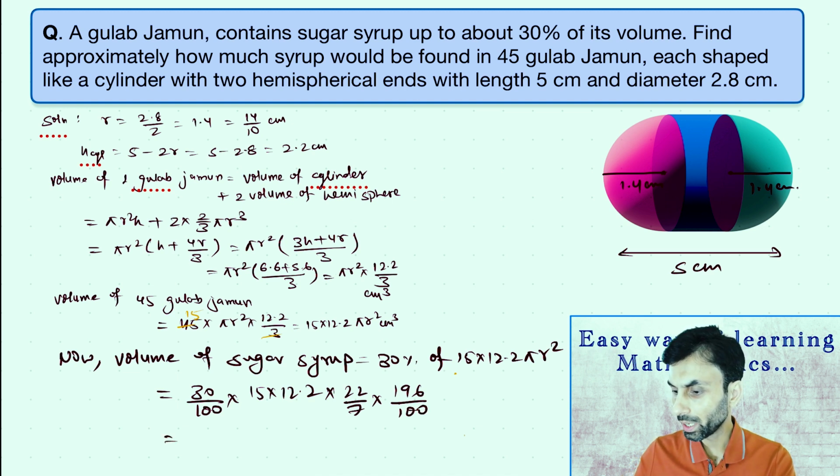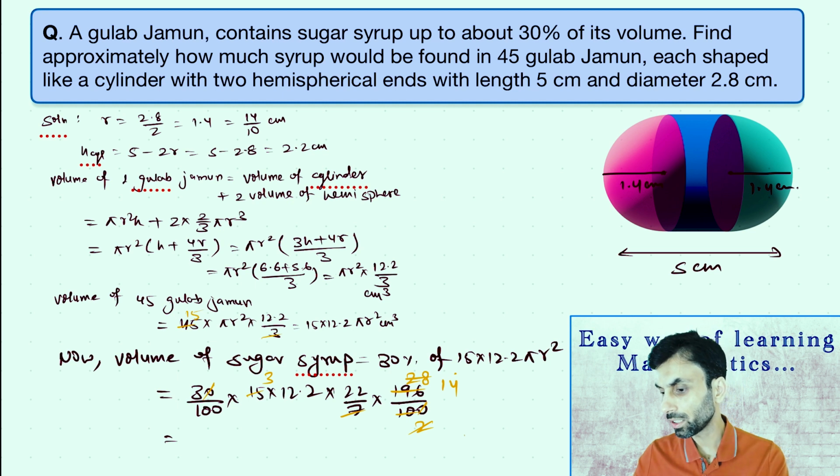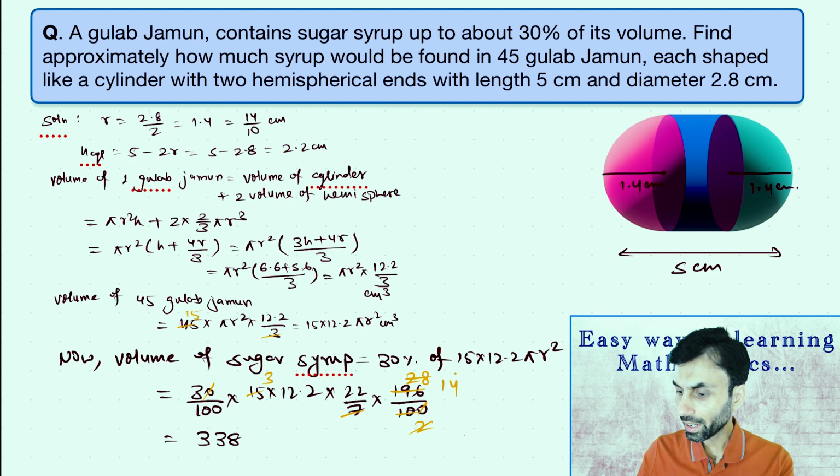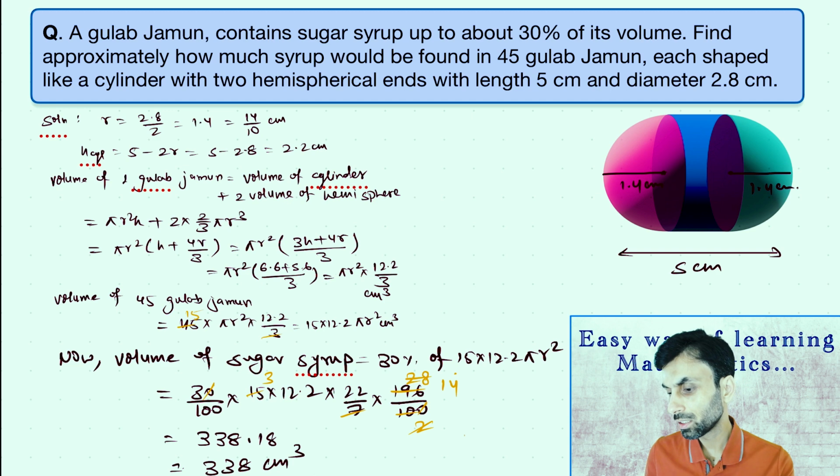Now here we can do some cancellation. 7 will cancel 2 and 8, that is 28 times. 0 will get cancelled. 5, it will be 3 times. This is 2 times 2 will cancel this 28, 14 times. Now on simplification, we'll get the value of it as 338.18, which we can write as approximately 338 cubic centimeter, which will be the volume of sugar syrup in